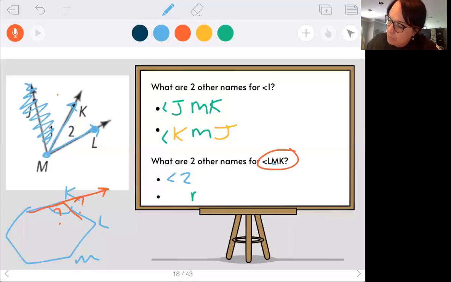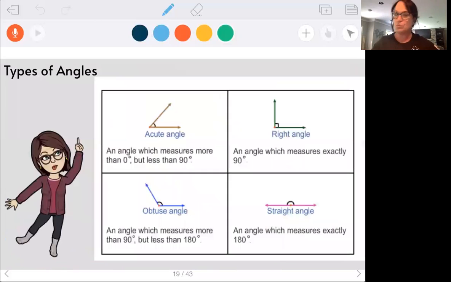What's another way to name that? We put the vertex in the middle and go the other way. So instead of going LKM, let's go KML. What's wrong with that green one? You should go, she forgot the symbol. Remember, without that there, I'm asking you for the plane, KML, the slice of the atmosphere, Earth, that those 3